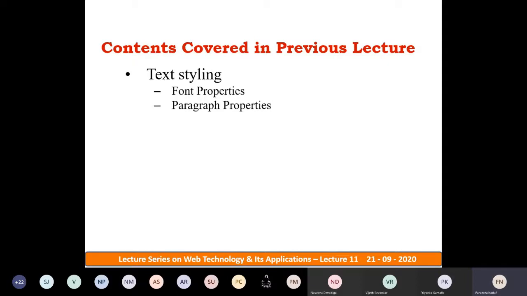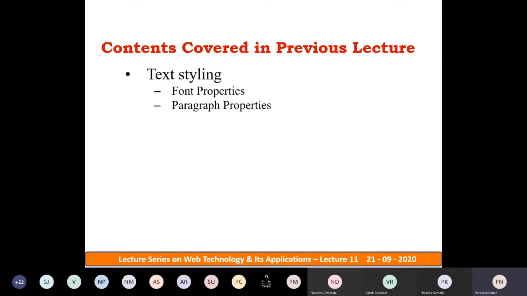Using different text properties as well as font properties, you can make your web pages very attractive. The basic HTML elements we saw in the first module. Now, the next version of HTML elements. In the first module, we saw basic text formatting, font formatting, and HTML5 semantic elements.